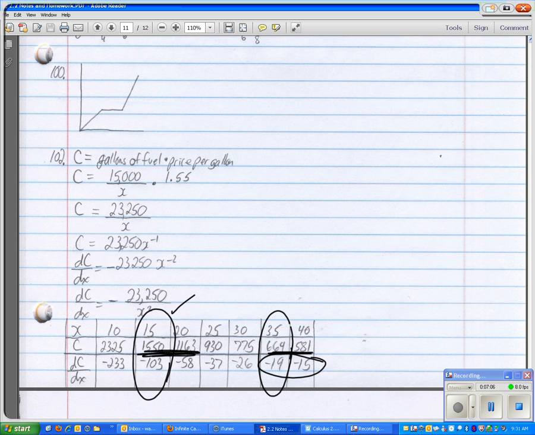Much bigger chunk of change between that cost and between those rates of change. Okay? So the lower the miles per gallon, the more desperately you need to get a more fuel efficient car if cost matters. Okay? So the 15 mile per gallon